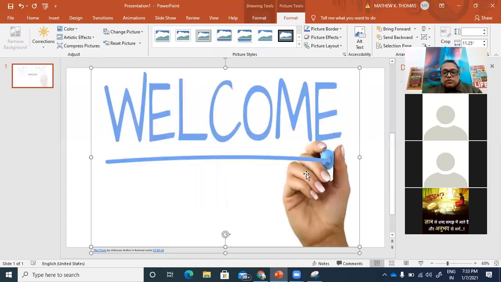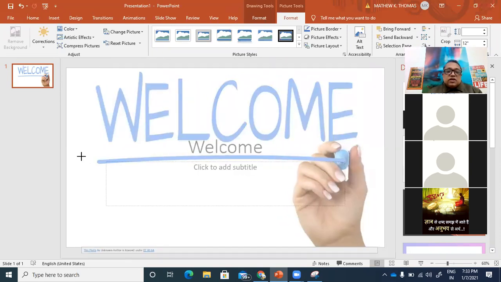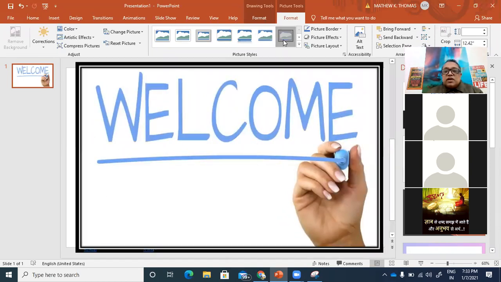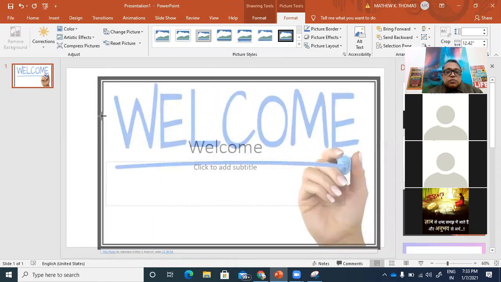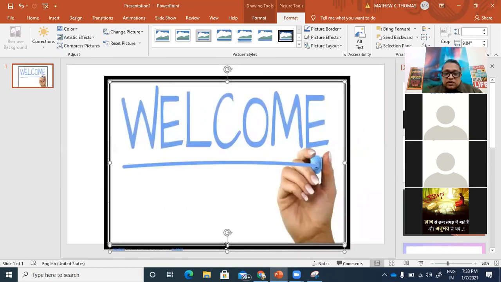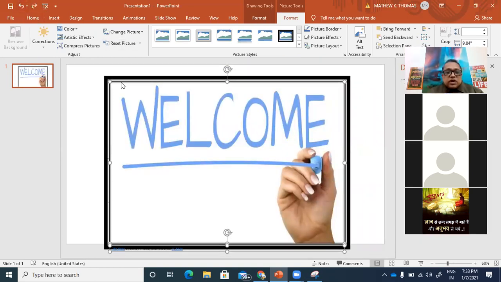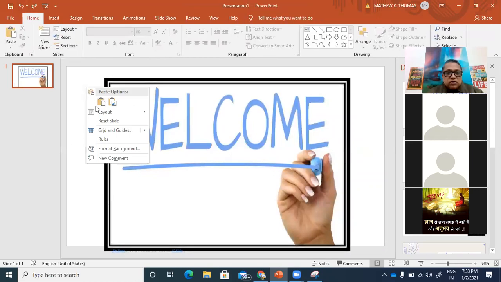So this I'm going to select here. This is looking much better, isn't it? This is looking much better than what was there earlier, a simple welcome. So I can decorate this, I can introduce some border, I can reduce the size of this, I can put more pictures if I want, not necessarily one picture. Okay, so I can right click on my background and